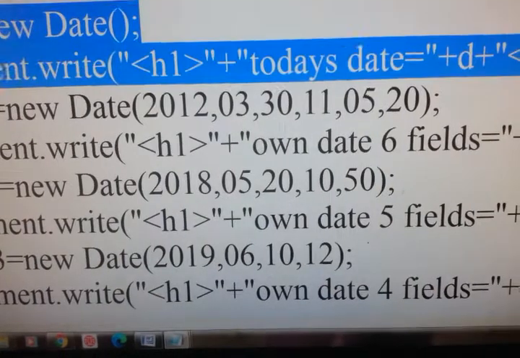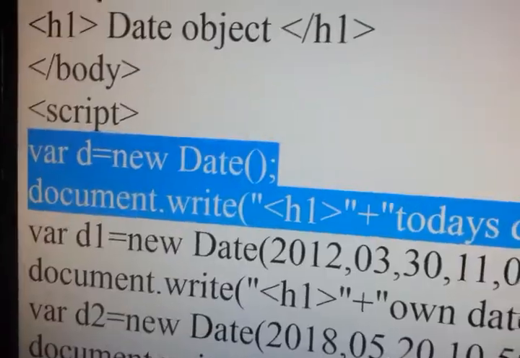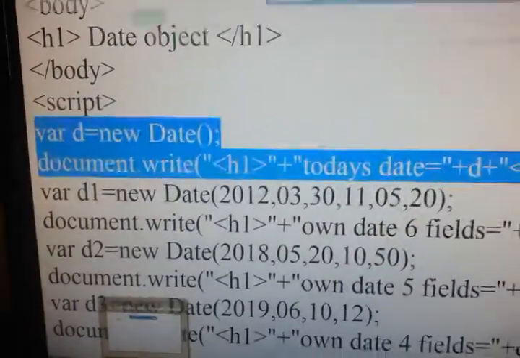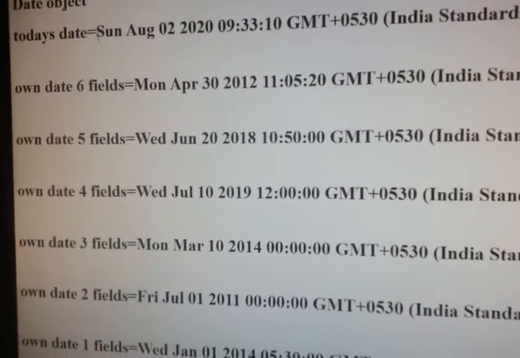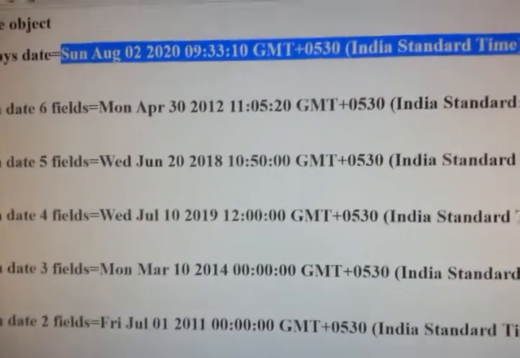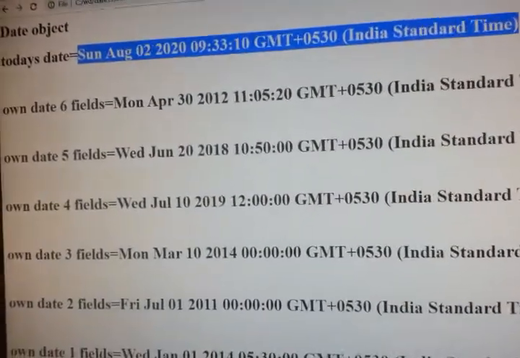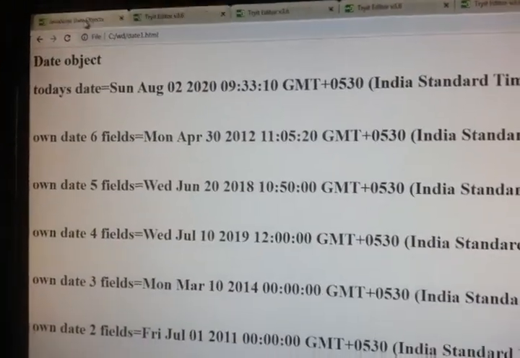When you are accessing it, what you got is a text string. See, this is the text string we got. Sunday, August 2, 2020. This is a text string.